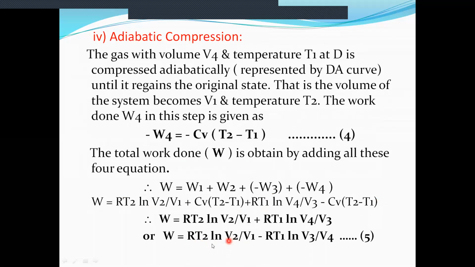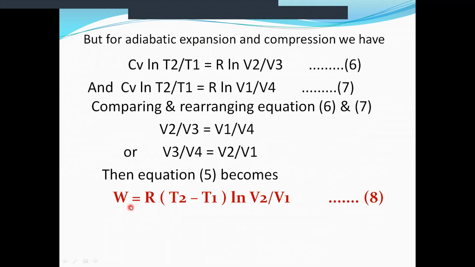T2 remains here, R we have taken common, ln V2 upon V1 also taken common, minus here R we have to take common, and instead of this V3 upon V4 we have to put V2 upon V1, so V2 upon V1 is also taken common. So what remains, T1. Therefore what is the final equation, W is equal to R into T2 minus T1 ln of V2 upon V1,